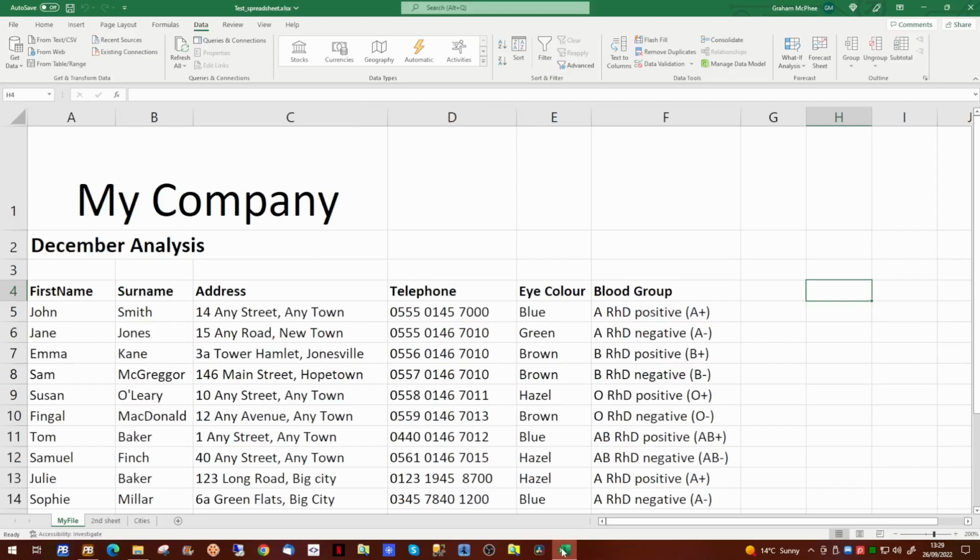Rows 1, 2 and 3, while they are relevant for somebody looking at the spreadsheet, are not relevant for our processing, and we want to remove them so that the very first line in the spreadsheet is our header line. So we're going to amend our application to remove these 3 rows from the top of the spreadsheet. Additionally, we will be adding extra rows to the spreadsheet, inserting them between data that already exists, and inserting a new column in the spreadsheet. So let's have a look at the code.